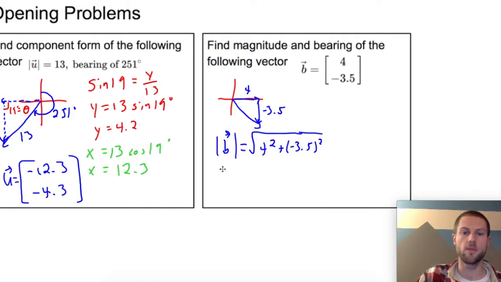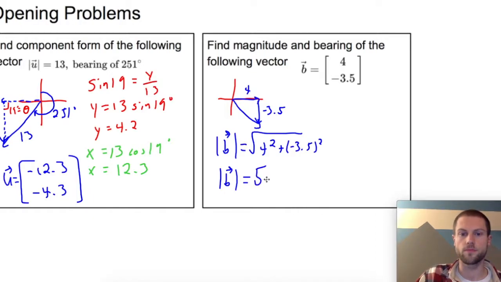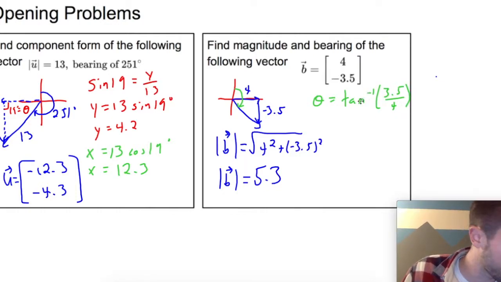And that comes out to be the magnitude, the magnitude of vector b comes out to be 5.3. The angle that I'm interested in is the angle from north to my resultant. That's my bearing. And it's going to help me if I can find that acute angle right in here. So if I call that theta, theta is going to be the inverse tangent of my opposite over adjacent. And let's just use positive values here since I'm just finding the acute angle. So theta is going to be the inverse tangent of 3.5 over 4, and that comes out to be